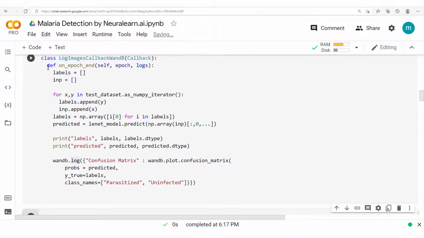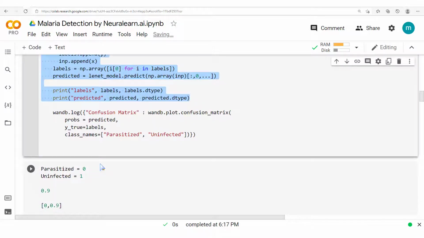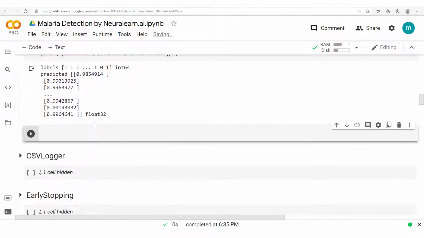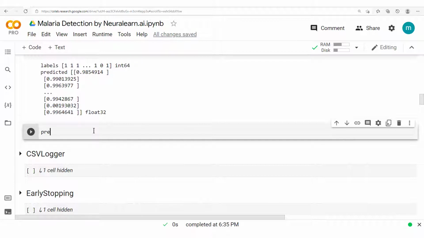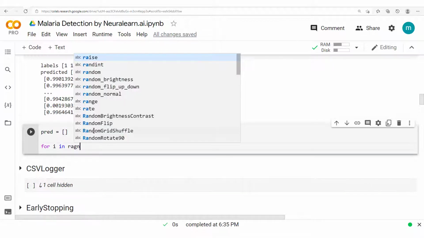Let's start by copying out this first part. Let's copy this into this other cell here. And once we run this, we have this output right here. Then we could go ahead and modify this predicted. So what we now have is we will define the spread, this other list, and then for i in range,